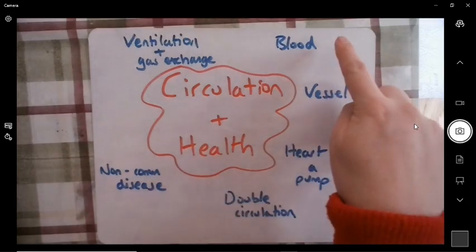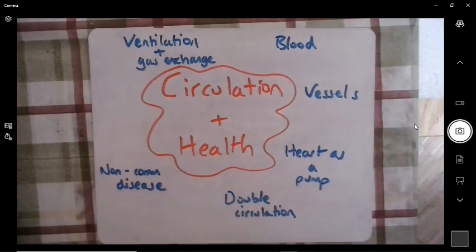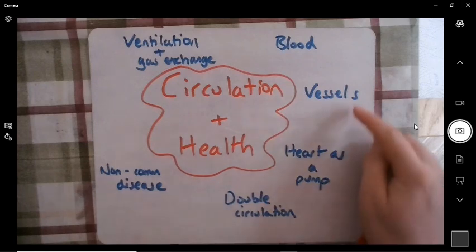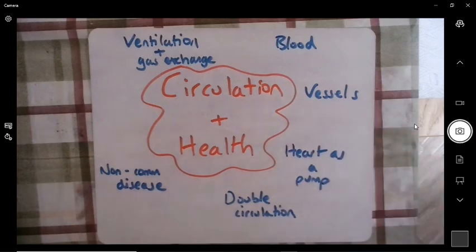We could talk about blood, so the different components of blood and what they do. That includes white blood cells and the immune system. Different blood vessels and the comparisons you can make between the three different blood vessels. The heart as an actual organ, so structurally labelled and generally as a pump. Double circulatory system actually is, and why that's efficient for mammals, but maybe why other organisms don't need a double